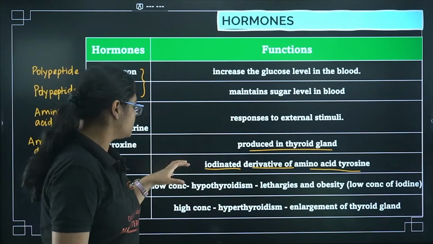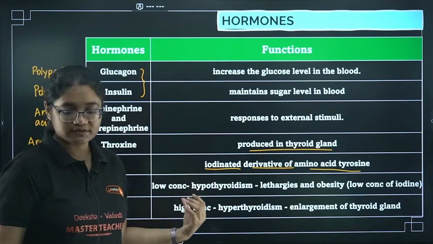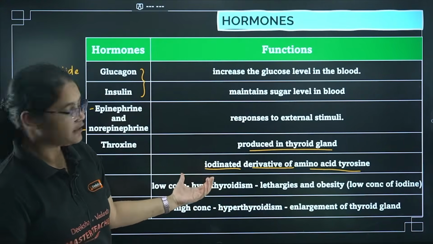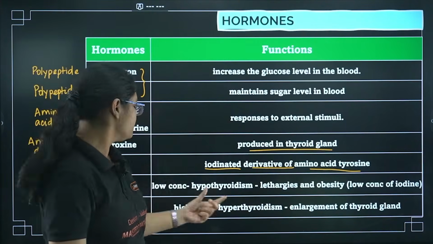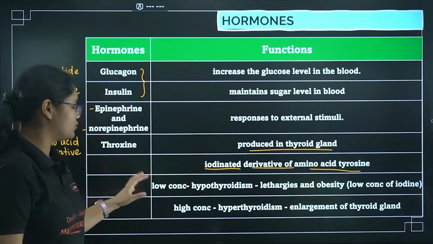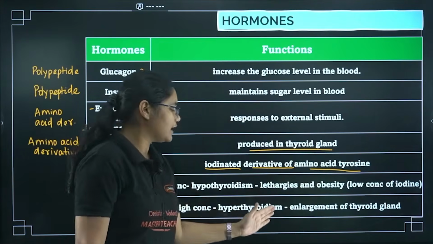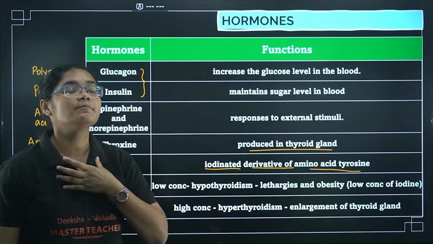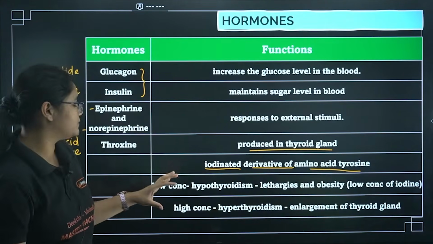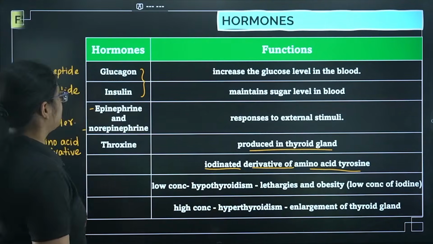Okay. Next, if there is a low concentration of thyroxine, we suffer from hypothyroidism, which leads to lethargy and obesity. And on high concentration of thyroxine, we suffer from hyperthyroidism, which is the enlargement of the thyroid gland. You might have seen people having goiter, right? So that is because of this. Next we will talk about